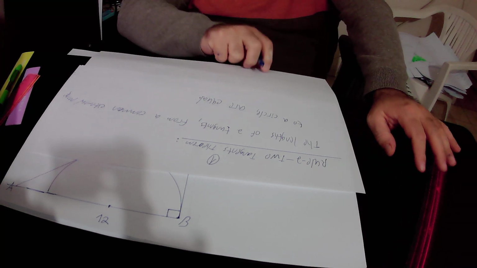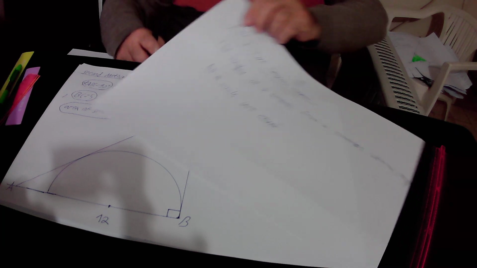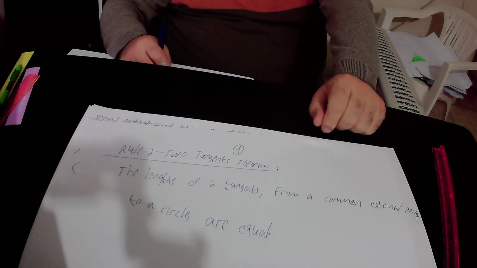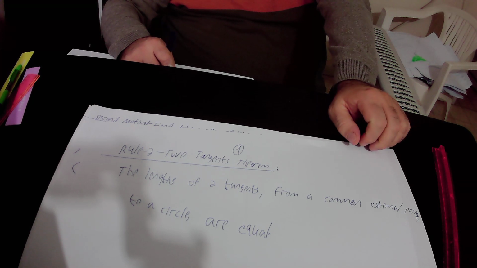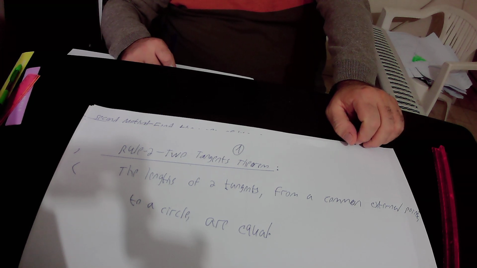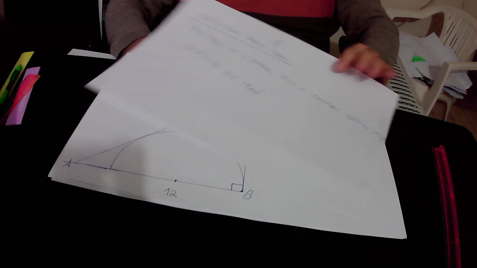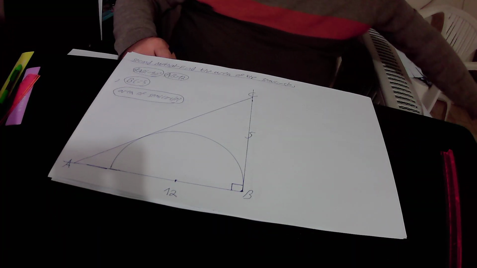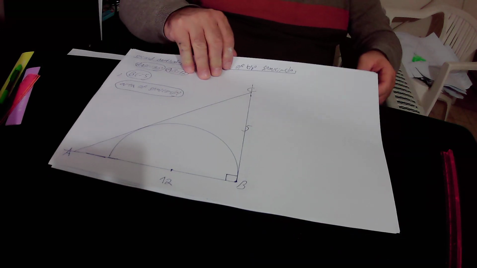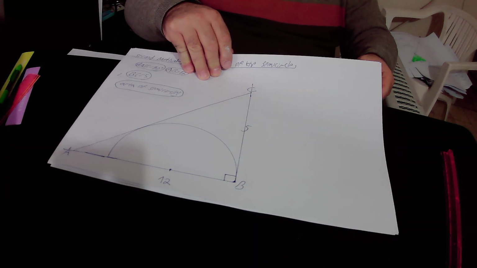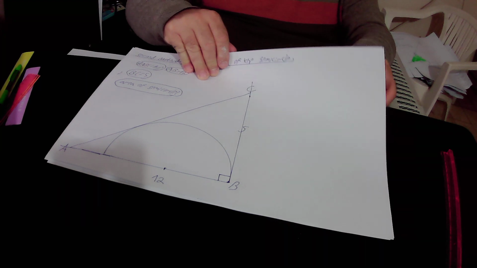So I will read rule number 2 of the two tangents theorem again. According to rule number 2, the lengths of two tangents from a common external point to a circle are equal. So what is the meaning of rule number 2? The meaning of rule number 2 is that if we have a circle